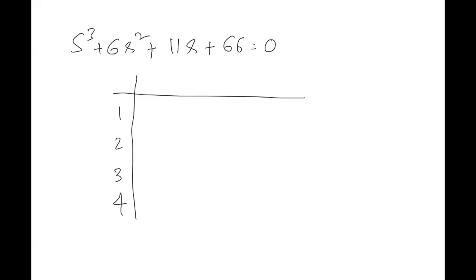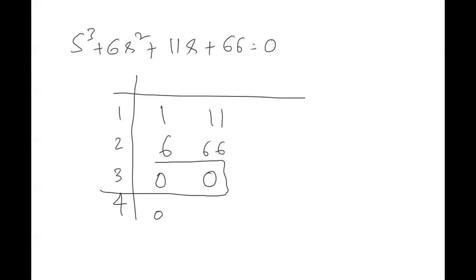Just fill the table. So you will get the first 2 rows 6, 66, 0, 0, 0. If you get an entire row of elements as 0, it is an indication